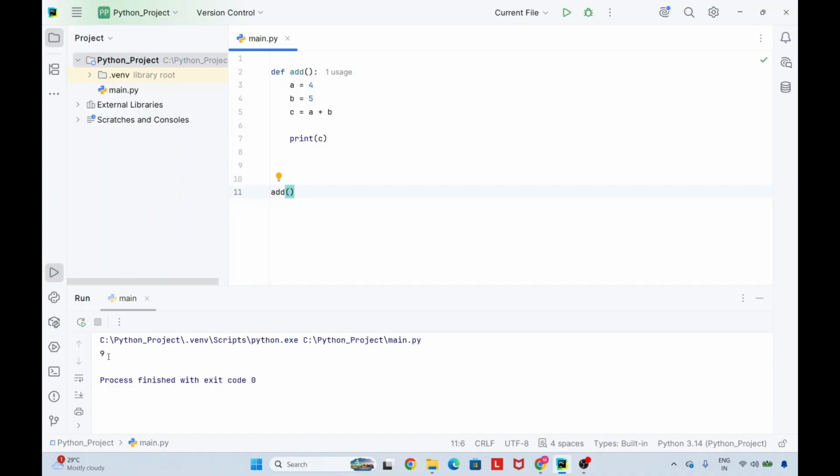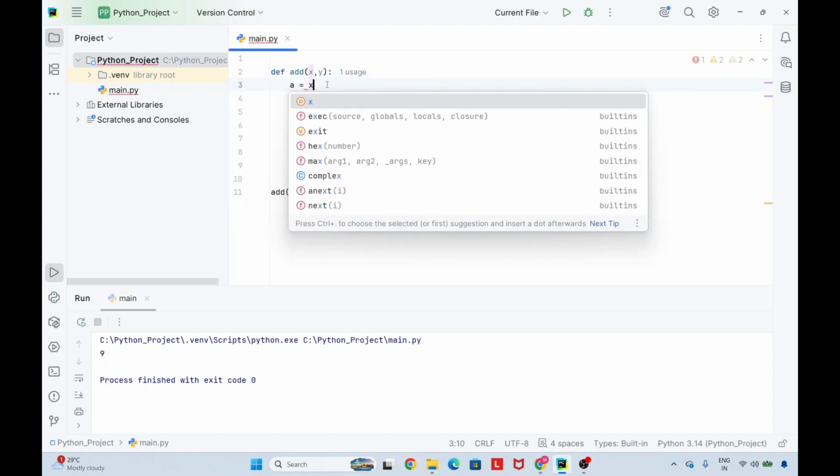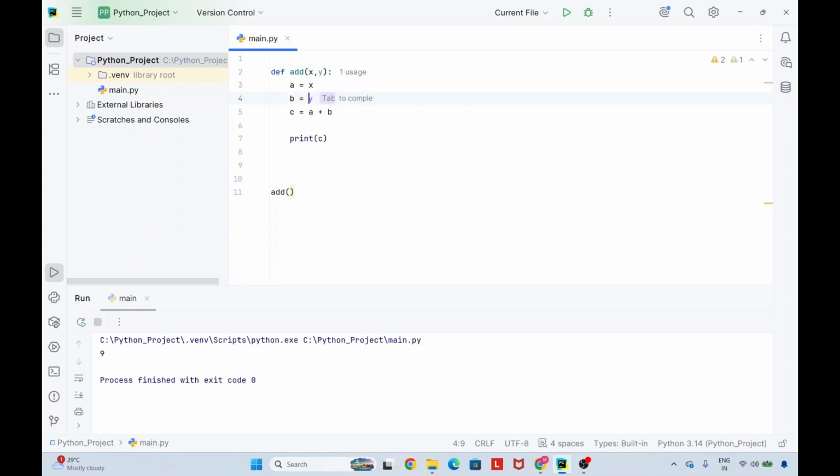But here the constraint is that you are passing the input from your side. Now we want the user to pass the input. It should not be that we are finding 4 plus 5 only. The user can pass 10 plus 20, so it should give the result as 30. Your function should be generic. So how can you define the function as generic? We need to keep two more variables here, x comma y, just to assign the values. And in add we will pass 30 comma 20. Now if we run it,